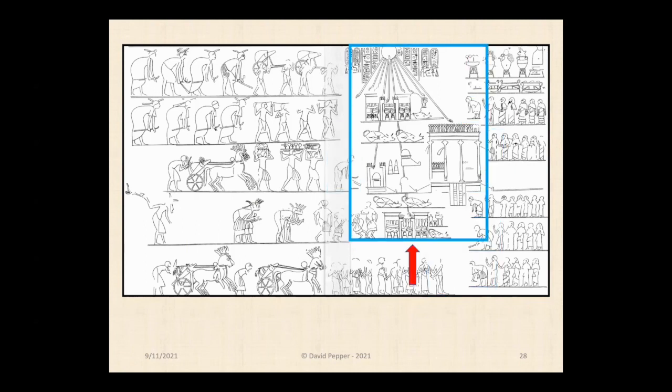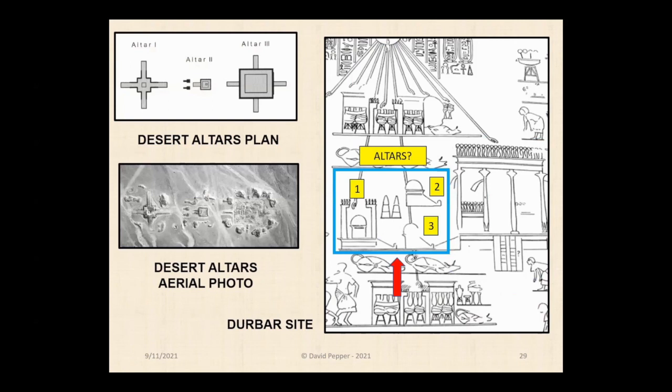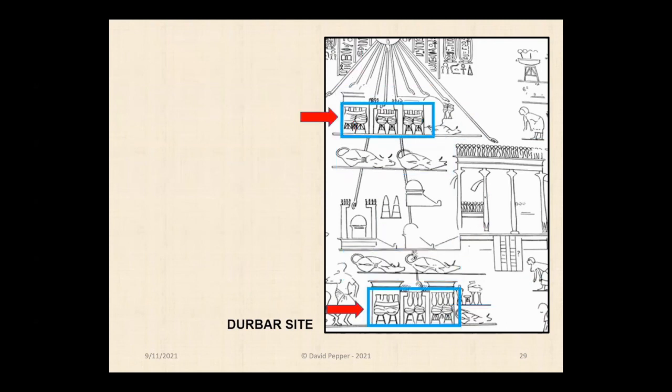So next, let's look at the Durbar ceremony site. The pavilion is on an elevated platform reached by a set of steps with a canopy supported by 4 columns. Its lintel is capped with rows of uraeus cobras. The 3 altars just to its left may be similar to the desert altars near the north tombs. Incense cones for use in the altars are shown between them. Surrounding the altars are shown trussed cattle, offering tables, surrounded by boxes of food and vessels of wine and beer. Sounds like they're getting ready for a party, doesn't it? The entire festival area is, of course, blessed by the rays of the Aten.